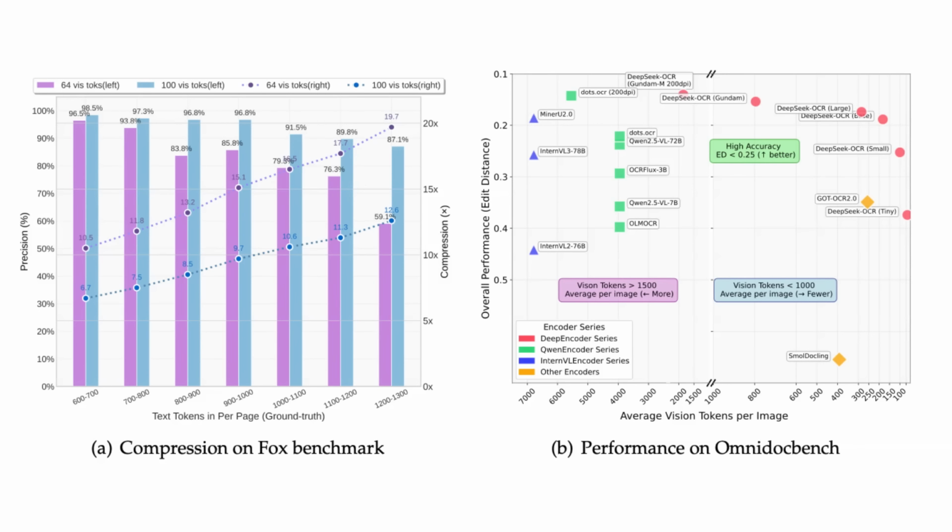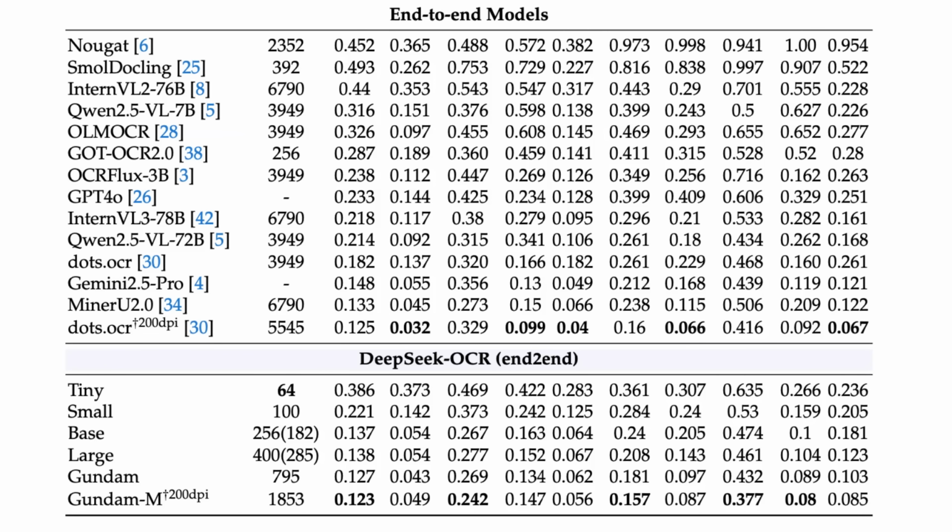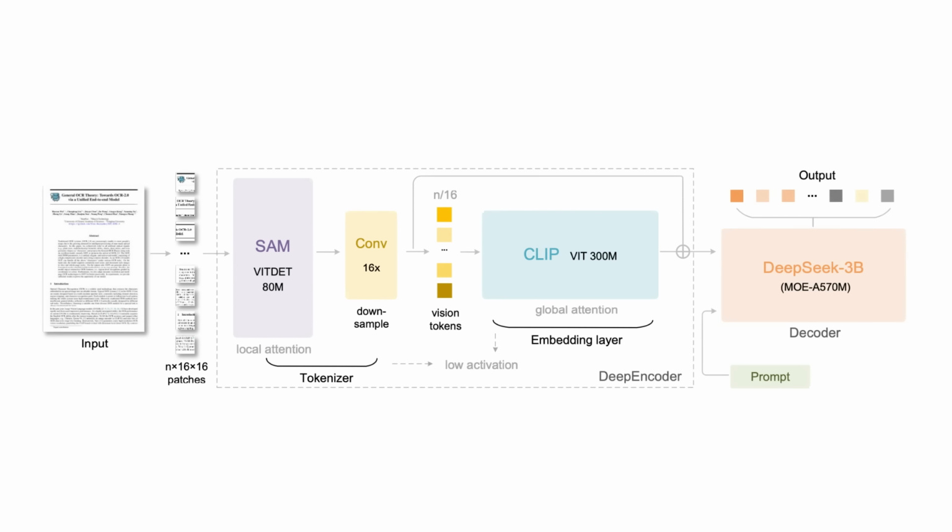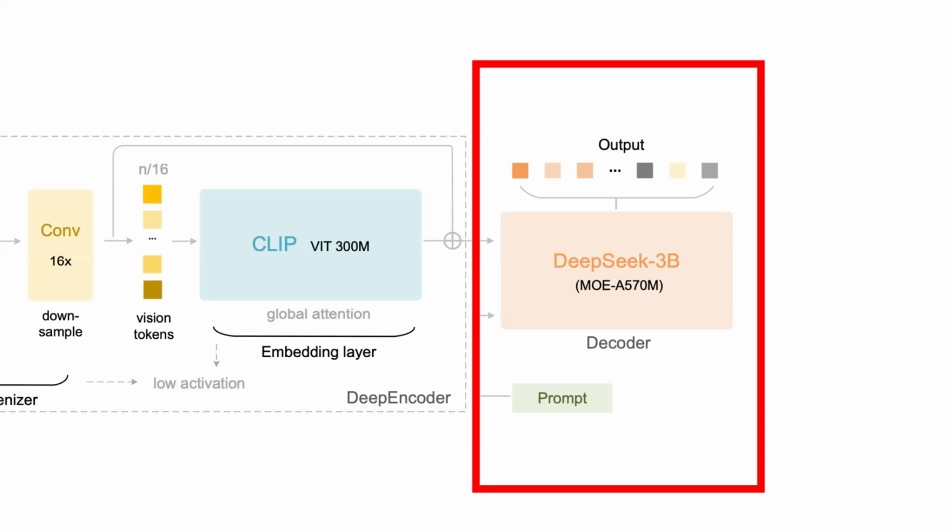If we look at the OCR benchmarks that they've got in here, we can see that they're able to use this model to maintain over 95% accuracy, as long as the compression stays at about 10x. So just to finish this up, I would say this DeepSeek OCR is not really just a model for doing OCR. We've got a whole new vision encoder from this. We've also got a really interesting decoder that they've put in here, which is this DeepSeek 3B MoE, only 570 million active parameters going on in here.